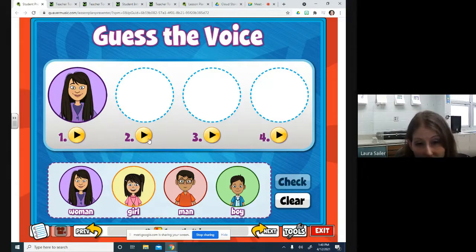You can do all the rest by playing here, then dragging by clicking and holding who you think it is. Okay. And you might need to do this on your mouse pad and your little clickers on your Chromebook. Then when you're done, at the very end, you can check and it'll tell you if you're right or not. And if you're not, you can fix it and try again, okay? Again, this isn't something you turn in. This is just for practice with identifying different voices.